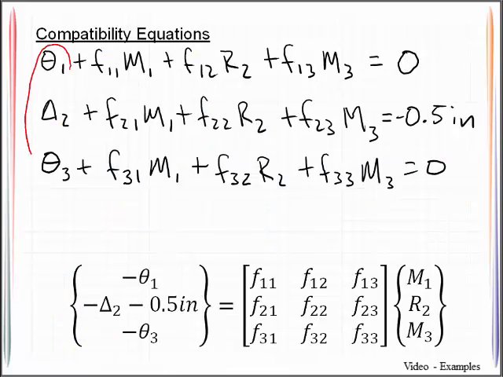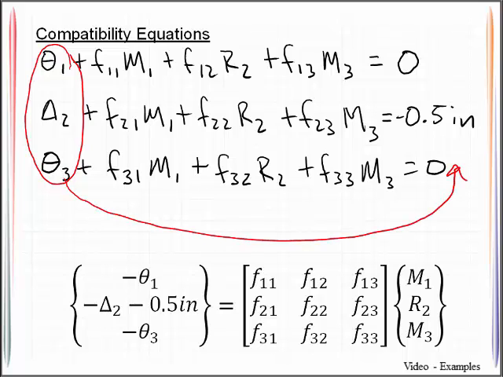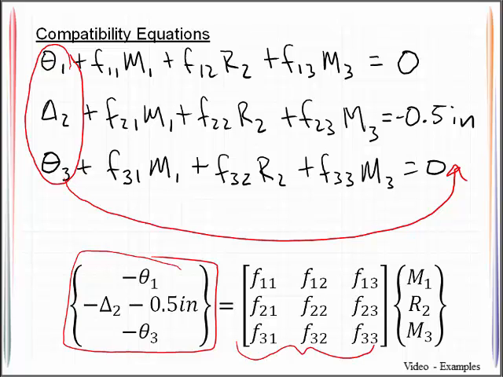And what I'm going to do is take these rotations and displacements and move them to the other side of the equation, so we'll get some negatives. And that is where this vector comes into play. So I had 0 minus Δθ1, and then I have that negative ½ of an inch minus Δ2, and so forth. And then I get a matrix here of the flexibility coefficients and a vector here of